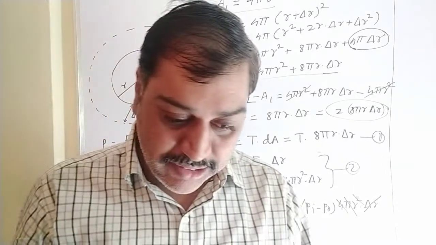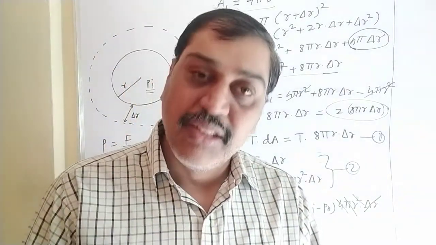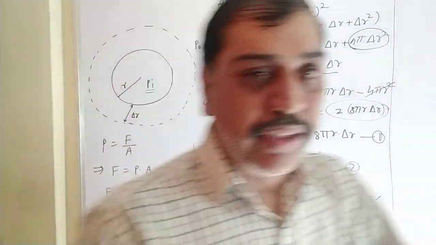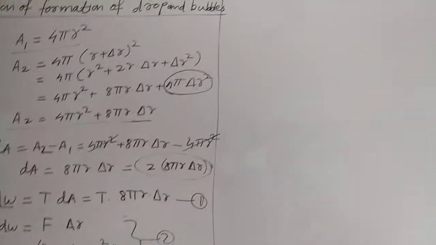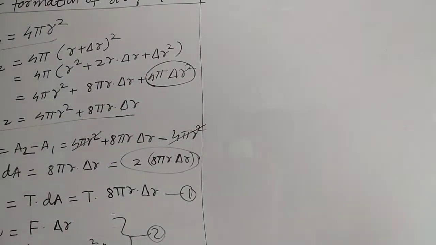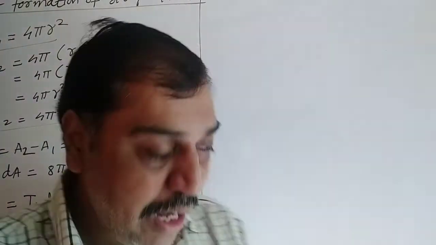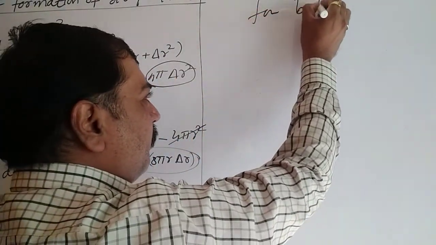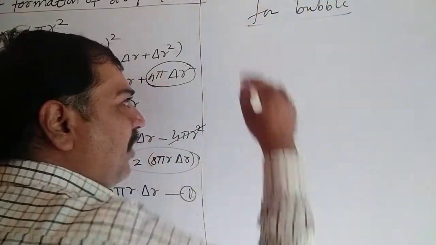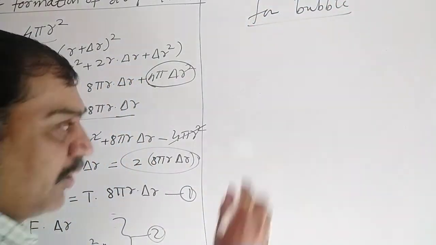Now if we put this value in the work done and rewrite this, what do we get? We can write the new equation here. The same concept is there, only the difference is that we have now replaced the drop by a bubble. So a bubble has double surface area. So what can we write? We can write the work done for a bubble. For a bubble which has two surface areas, we can write one equation for work done